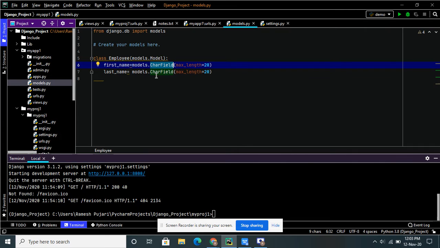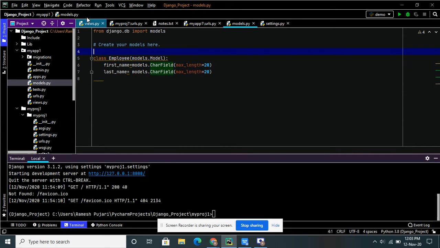Right now I have taken only two character fields, which is enough for demonstrating. After this we have to migrate. I will show you how to register this and how to make the migrations.